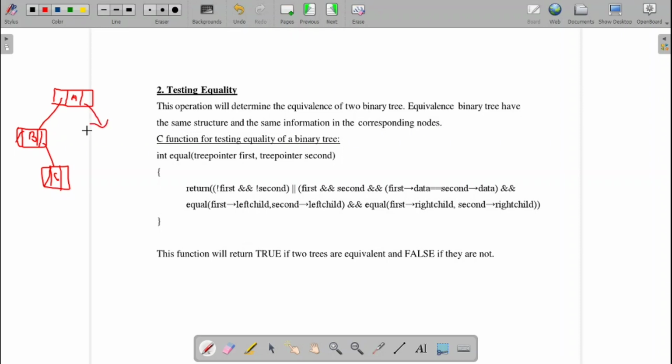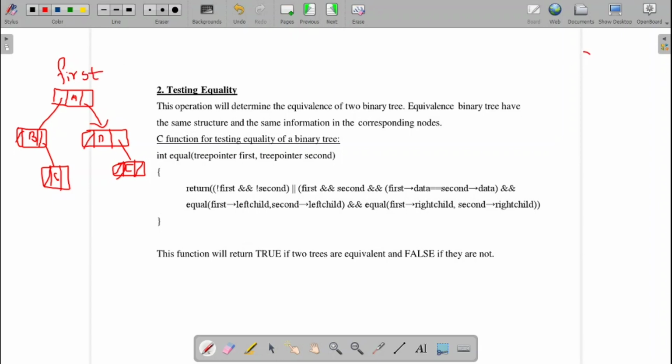Then D and the E. So I am calling this the first tree.